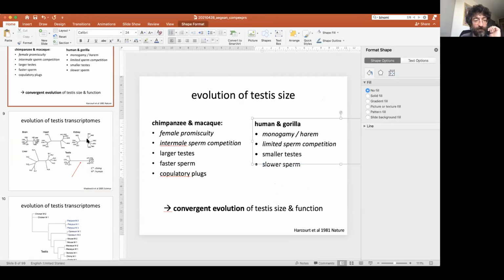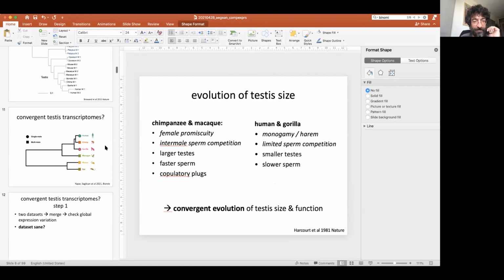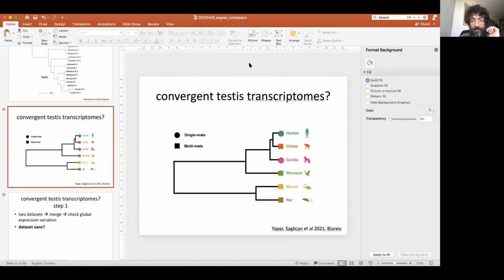So what we see in the tree, assuming the ancestral pattern is multi-male, and chimp also retained the ancestral pattern, and then in the human lineage and in the gorilla lineage, there evolved a single male pattern, single male behavior, and along with that, the testis sizes in gorilla and human reduced. And the question is, is this reduction